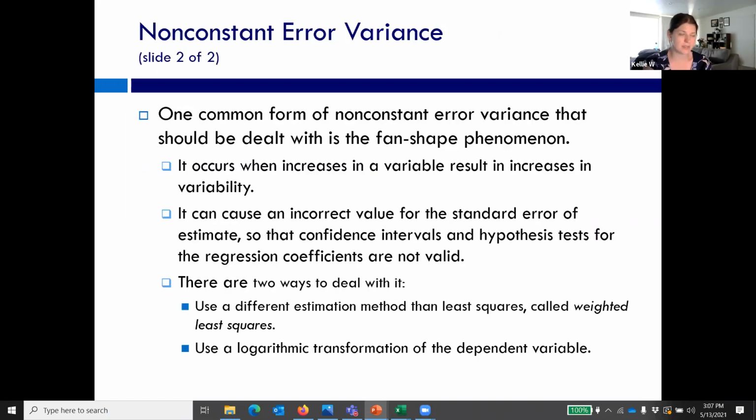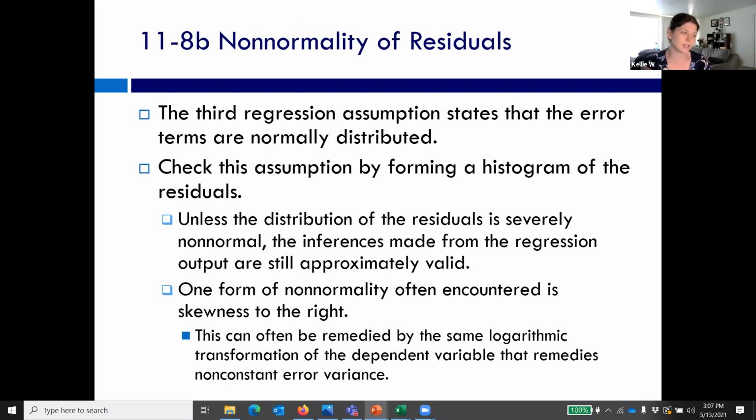There are sometimes ways to transform data in order to be able to use it for prediction and for regression, but that's how you would identify it. That fan shape generally means we violated the second assumption. The third regression assumption is the one that says that the error terms are normally distributed. So we take a histogram of the residuals, and if it's non-normal, then